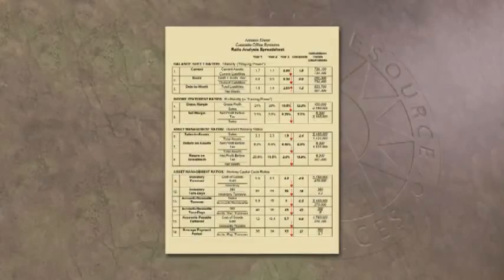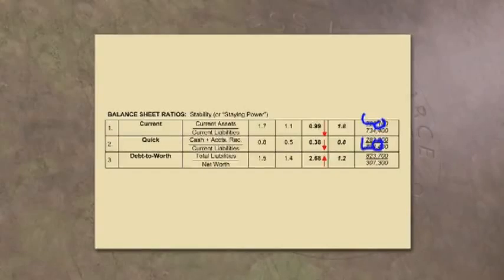Our current ratio, the trend is what? Down. Is he high or low as it relates to the brothers? Way low. Okay, he's low. Quick ratio, his ability to generate cash, trend down. Is he high or low? Low. Debt to worth, trend up. Is he high or low? He's high. In this case, high is good or bad? Bad. So far, bad, bad, bad.